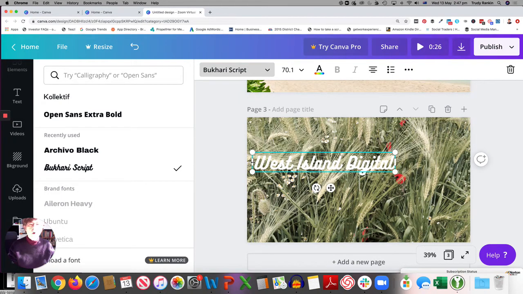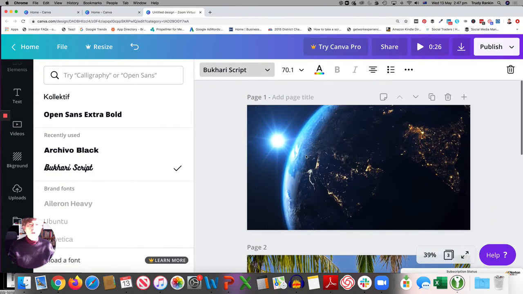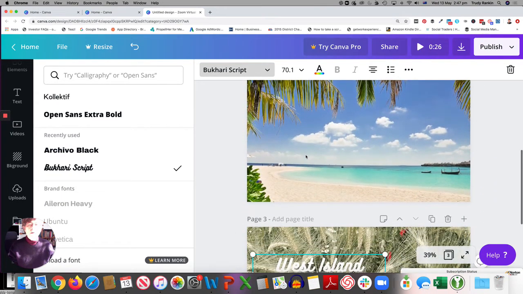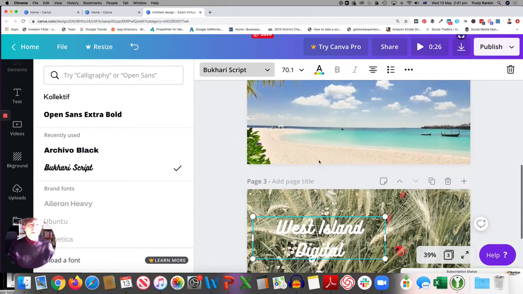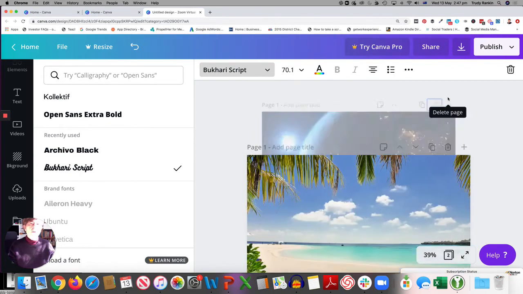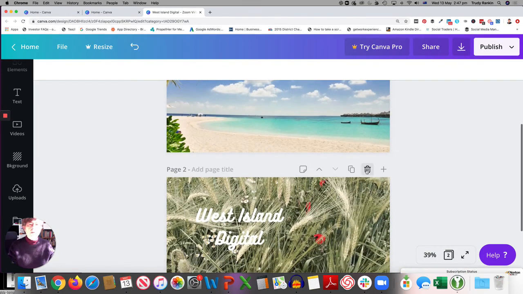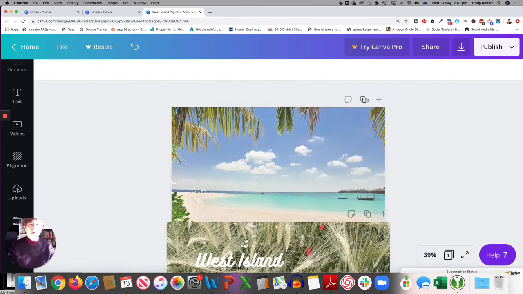And if you then want to make it go into 2 lines, you basically click and drag this little bar here to change that. So once again, you just play with it till you're happy with it, and then let it sit. Now, you've got a few things to choose from, and if you go, well, I don't know if I want all of those, I'm quite happy with the one at the bottom, so I'm just going to get rid of this one. You just click on the little rubbish bin here, garbage bin, and do the same thing for this one.